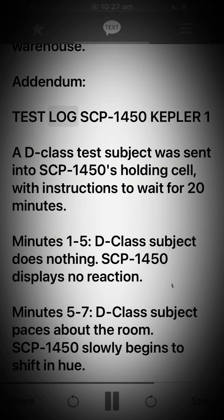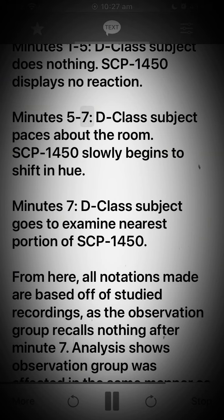Addendum. Test log SCP-1450 Kepler-1. A D-class test subject was sent into SCP-1450's holding cell, with instructions to wait for 20 minutes. Minute 1.5: D-class subject does nothing. SCP-1450 displays no reaction. Minute 5.7: D-class subject paces about the room. SCP-1450 slowly begins to shift in hue. Minute 7: D-class subject goes to examine nearest portion of